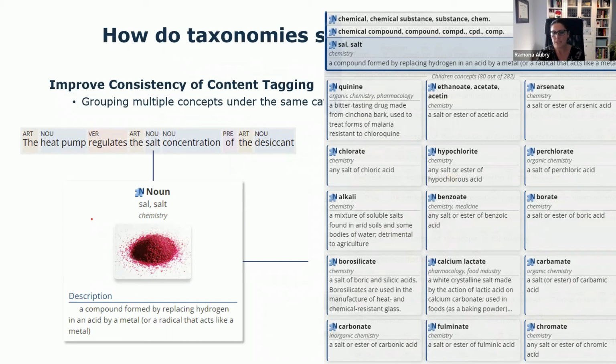If you're interested in any type of salt, if you have chlorate or borate, without naming all of them simultaneously, you might want to leverage a search engine that expands the query to all the types of salts that you have. This is possible, obviously, if you have a way to build this into a taxonomy that will factorize a variety of concepts under the same chemical compound category. And if you do that, you'll have consistency across the way you tag your content, because you'll know exactly to which type of salt you're referring.